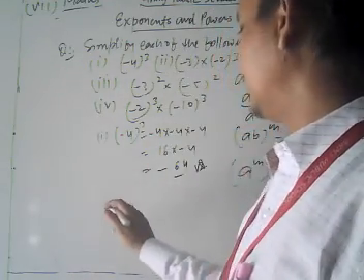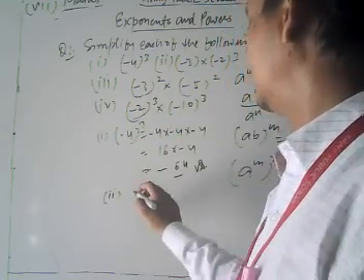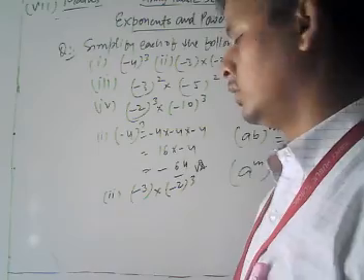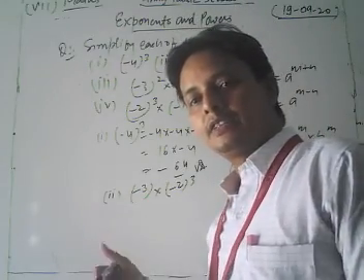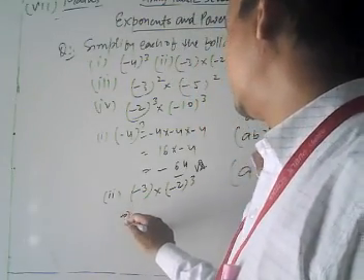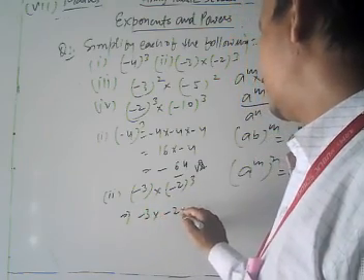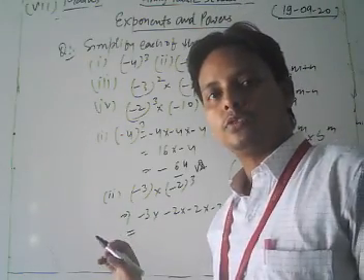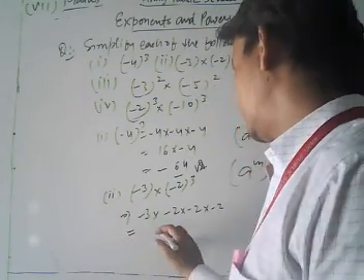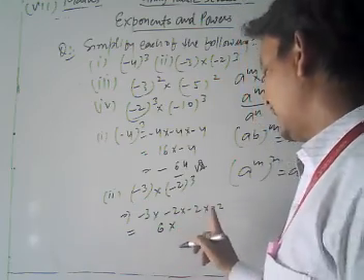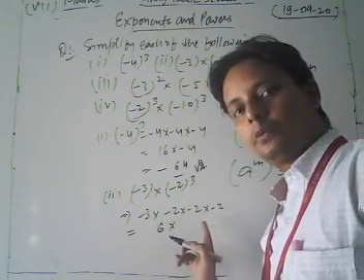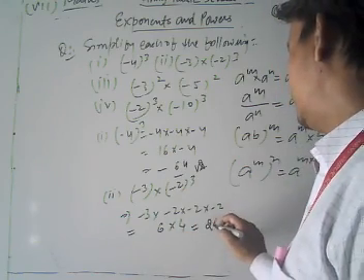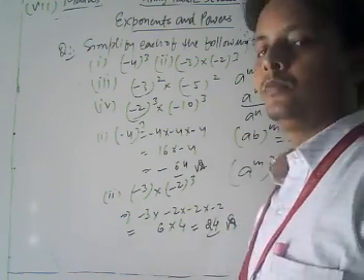Similarly, we take and solve the second part of this question, which is minus 3 into (minus 2) to the power cube. Now first we split the brackets and solve. Here we write minus 3 into minus 2 into minus 2 into minus 2. Now look, minus 3 into minus 2: first of all, we get plus 3 times 2 is 6, since minus multiplied by minus converts to plus. Then minus 2 times minus 2 is 4. Here write 4. Now 6 times 4 is 24. This is another answer. Okay.